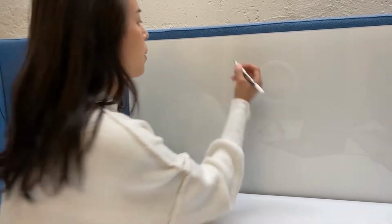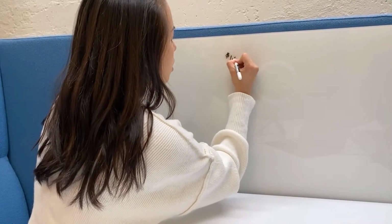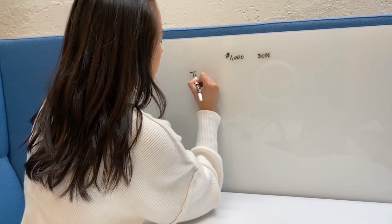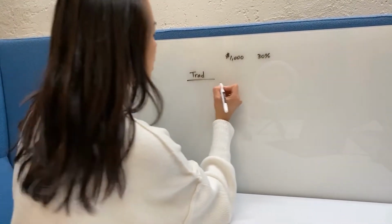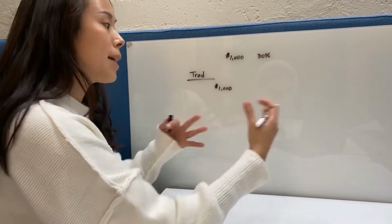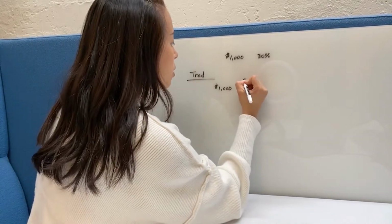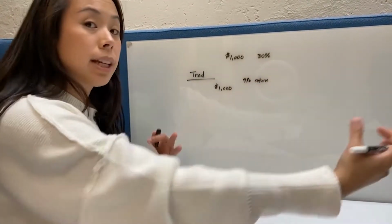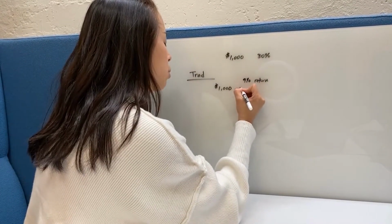Let me show you why. Say you had $1,000 that you wanted to invest and that your tax rate today is roughly 30% and that you expect your tax rate to stay roughly the same, also 30%, in retirement. So $1,000 that you want to invest, 30% tax rate. In the case of traditional, you take that $1,000 and invest it into the market. Remember, you don't pay taxes until the end when you retire. Let's assume that you're getting 9% return annually, and then over 30 years,